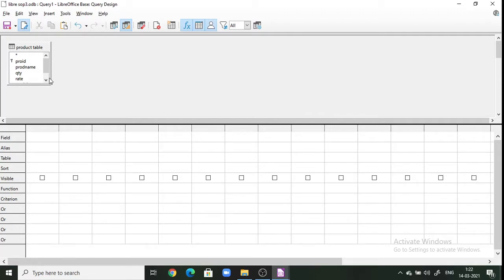Expand this column. For the query we have to build as to display amount. For that I'm just taking product ID to be displayed with the amount and product name, and then take here and write QTY and click on the star button from your keyboard and write RATE. Here you can write the alias as amount,